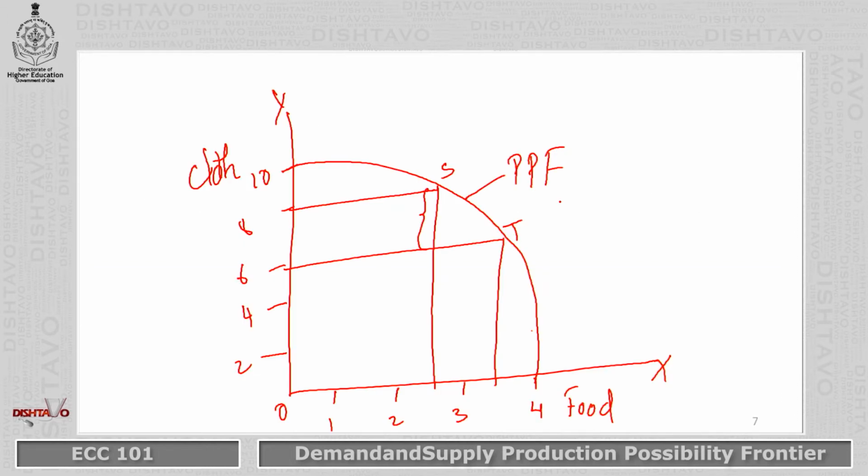If I go back to the production possibility curve which I have drawn regarding cloth and food, and take this point R, I cannot produce R, because resources are scarce. It is an unattainable combination. Scarcity is shown with the combination called R. If I want to produce R, I need more resources.